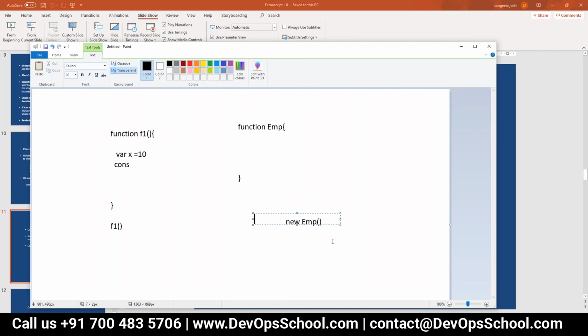So I can write here var E1 equal to new Employee, then var E2 equal to new Employee. So when we want to create multiple objects of the same type, then we will create it as a constructor function.